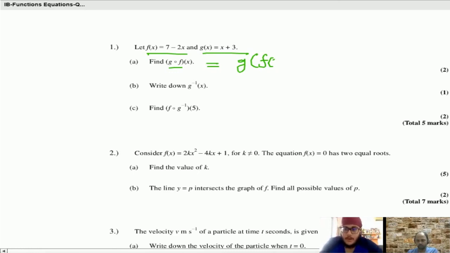Okay. So now the question is here. Once we get g of f of x, like the function which is on the right, this seems to be f of x. So g of f of x, here f of x is 7 minus 2x, isn't it? So g of 7 minus 2x, how can we find out?